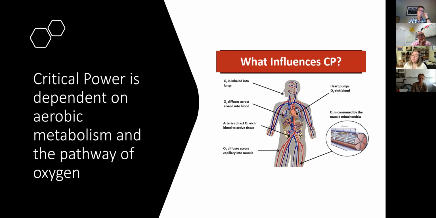So oxygen comes into the lungs and diffuses through the alveoli into the blood. With patients that have COPD, we see a decrease in this oxygen that comes into the blood because there is a decreased surface area. So this would influence that pathway of oxygen, ultimately influencing critical power. Another area that we can see this happen,